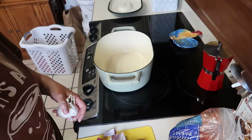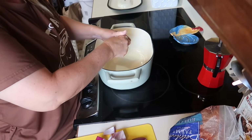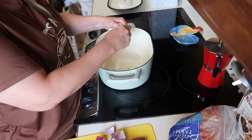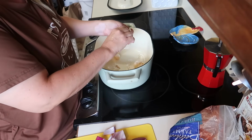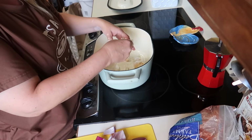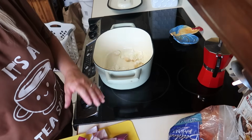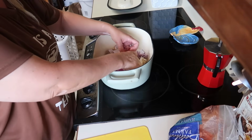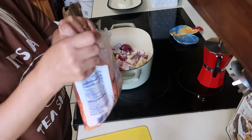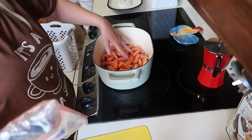All right, so we're gonna go on and start this chicken now. So I've got this garlic, and I'm just throwing it in, peels and all, because I'm gonna make some broth while we're at it. And I'll be straining all of that. I'm gonna also throw in some onion and some carrots. We have one more bag of these as well from the store, and then we are done with carrots from